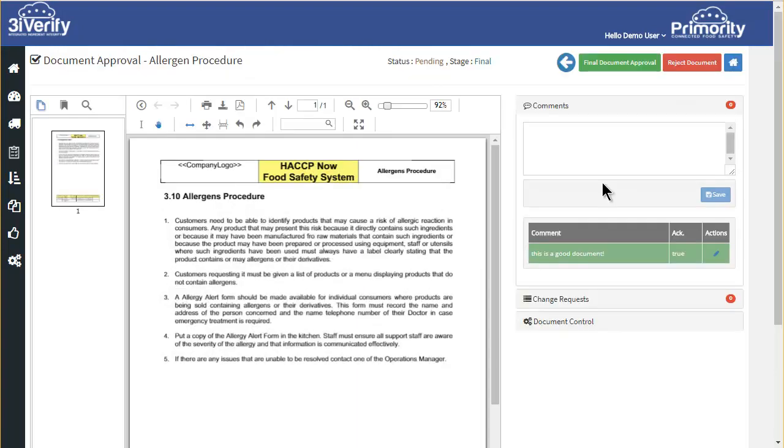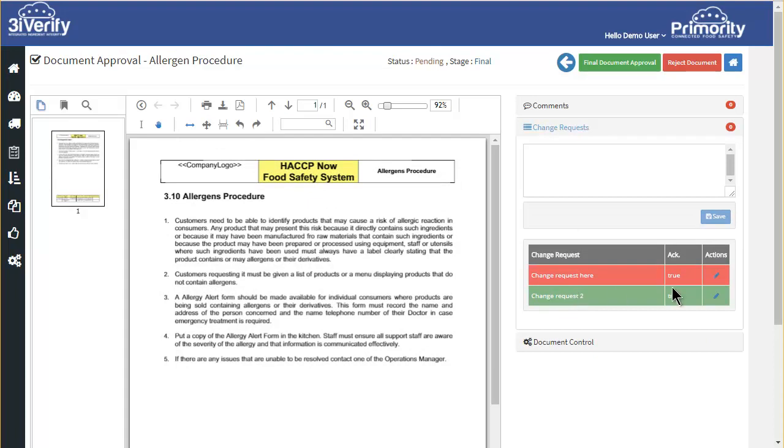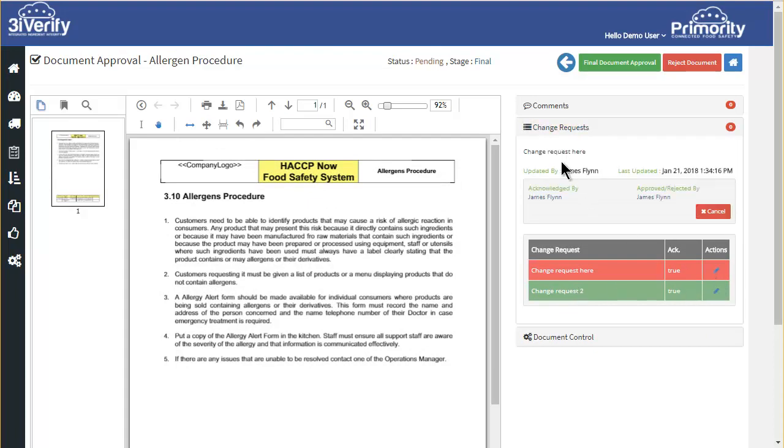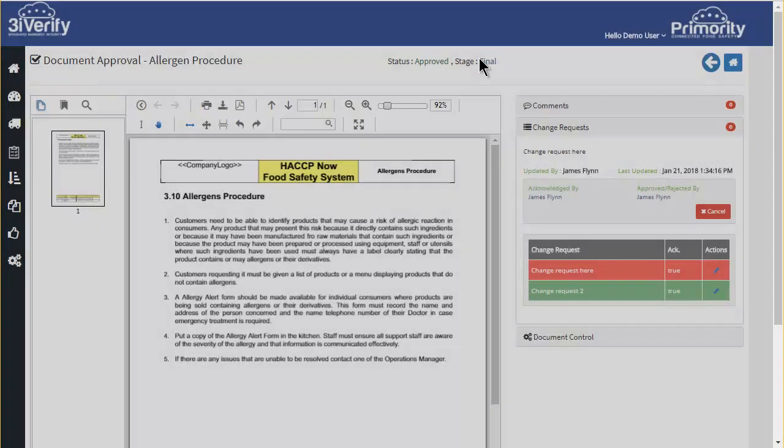So here are the comments that were made earlier and also the change requests, and I can view the status of those. But notice I can't change those because I'm not the author of the document. So once I'm happy, I can go ahead and add in the final document approval, where I can then set the issue number according to my procedures. So the document will now be approved and removed from the approval section